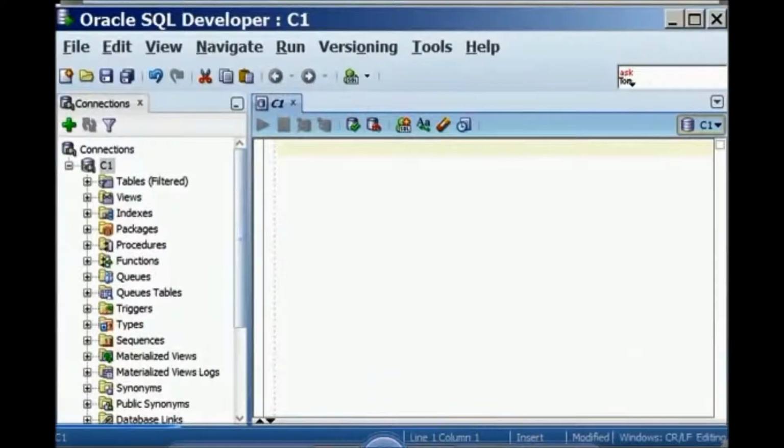as the user HR through this connection. Before I actually start writing a query, I'm going to describe one of the functions which are available. It's a character function called the upper function. Now, the upper function is used to convert a character string, which is sent to it as its input, to